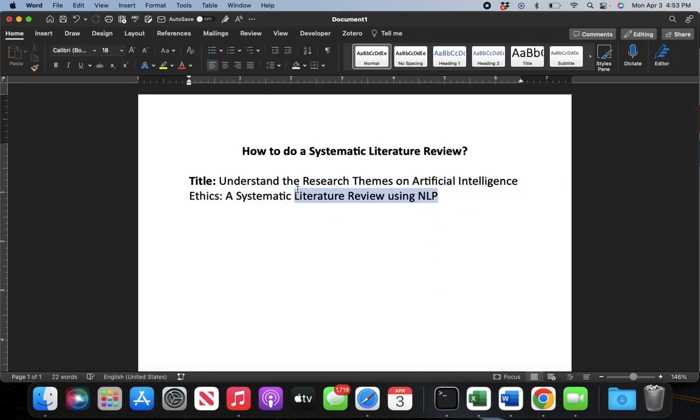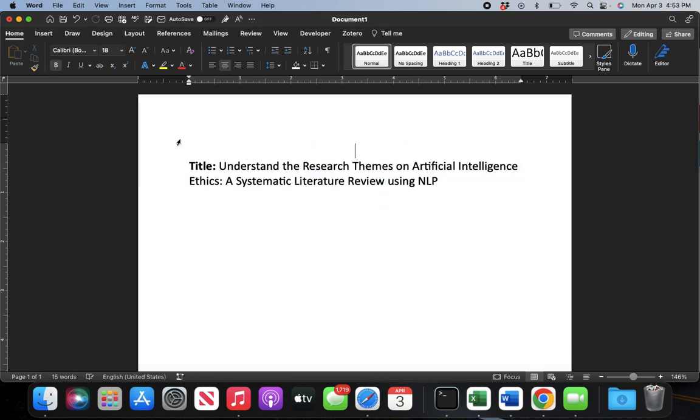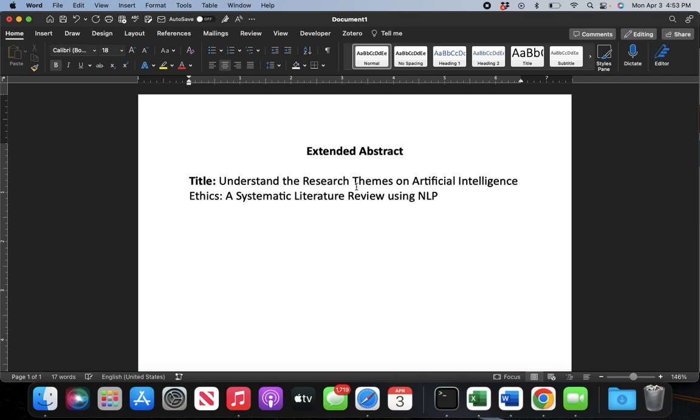Obviously in your report writing, what is expected is an extended abstract. So the extended abstract, what all would it contain? My expectation is just an abstract, an extended abstract. Why extended? Because in terms of the number of words, it will be a bit larger than what you're used to. Okay. So I need a title. Fine. Then you are supposed to write an abstract. So what all it needs to cover is